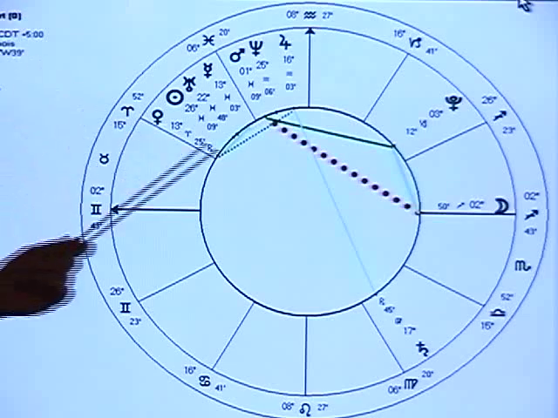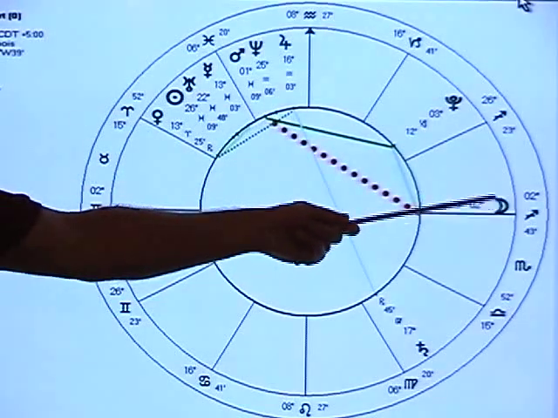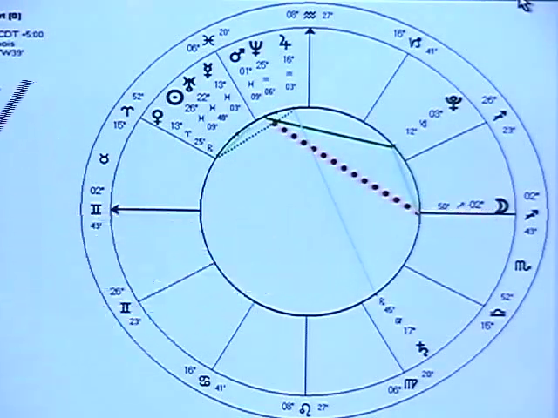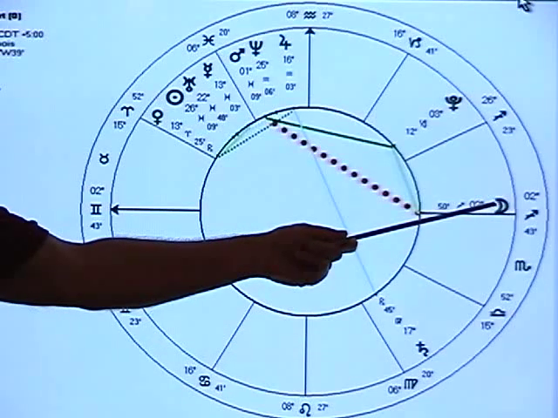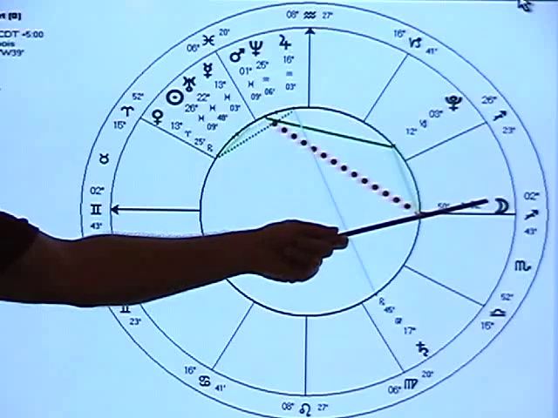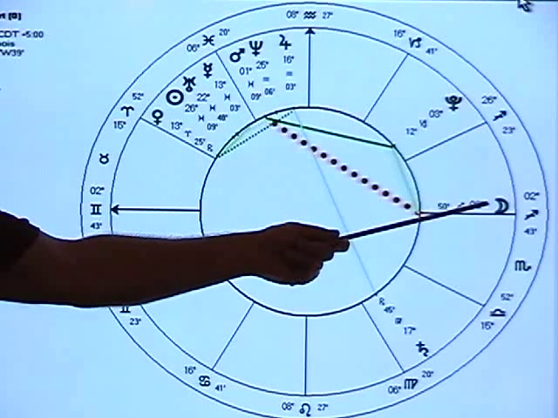Now, the moon is hitting the descendant. We're at 10:56 a.m. Chicago Daylight Time. That's 11:56 a.m. Eastern Daylight Time. What we're looking for is whether the market is ripe at a point in time, and we're going to go to the price chart next and take a look at that.